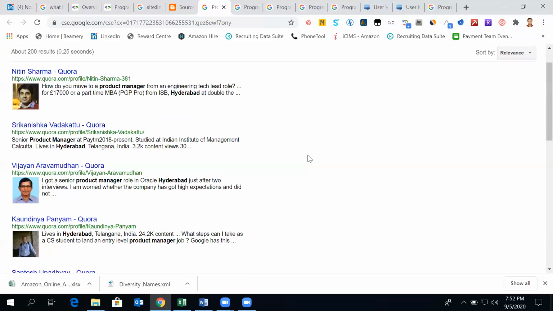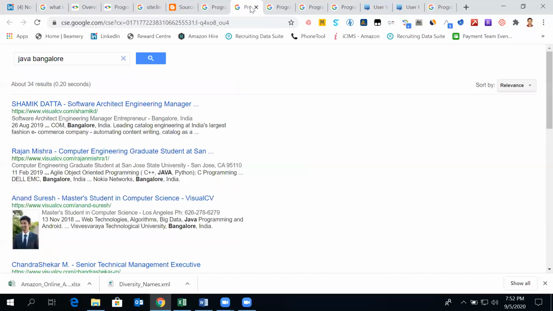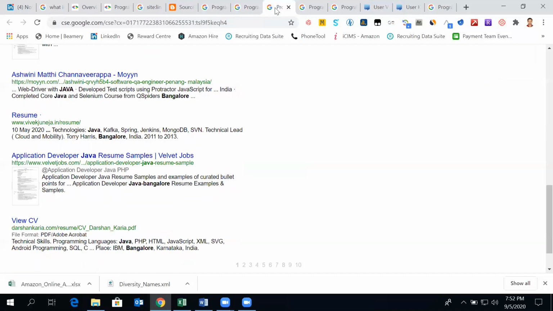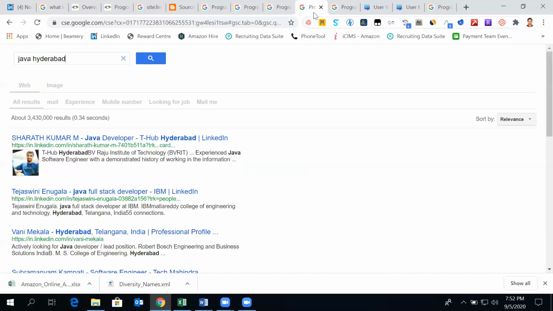So recently, I posted in a group about how to find startups. Maybe one particular custom search engine, not just for profiles, we can also create a search engine for companies firing or startups to target.